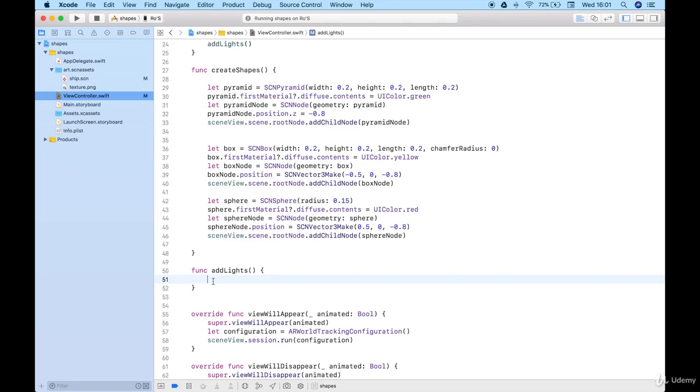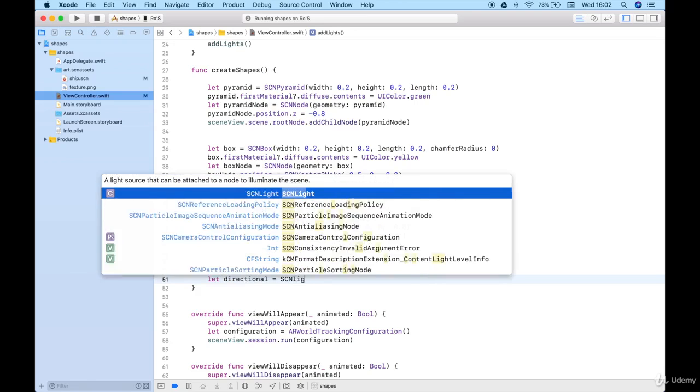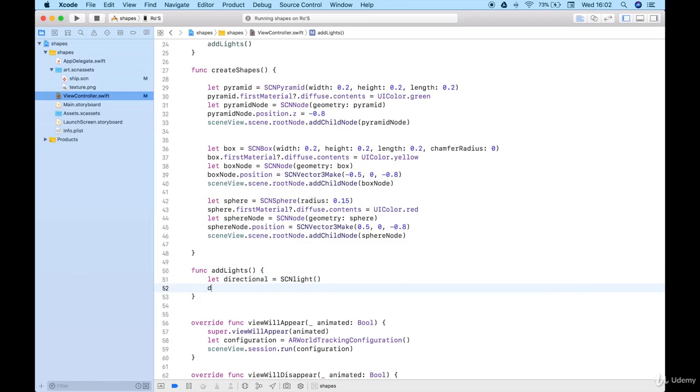So let's first create a light. A light doesn't have a geometry. It's basically a light, but it still needs to have its node added to it, so we can change the position and the Euler angles, and also add it as a child node to the scene view. Okay, so first let's create directional equals SCNLight like this, and we can say that directional dot type